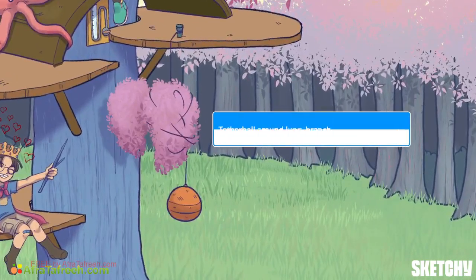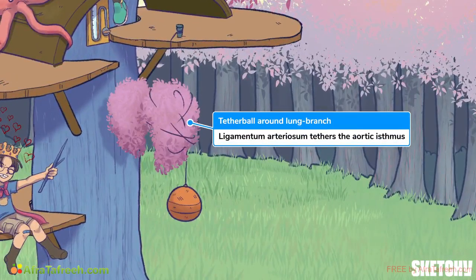The aorta here is tethered by the ligamentum arteriosum, a remnant of the ductus arteriosus from fetal circulation, to the pulmonary trunk. You can see this tether ball got all twisted up on this rather lung-shaped tree branch. This tethering makes this part of the aorta immobile and fixed, whereas the rest of the aorta, especially the descending aorta, is relatively free. Thus, the isthmus can tear during sudden decelerations like motor vehicle accidents, called traumatic rupture of